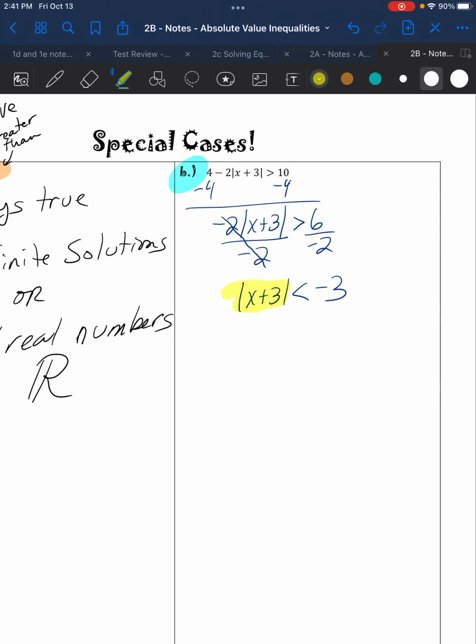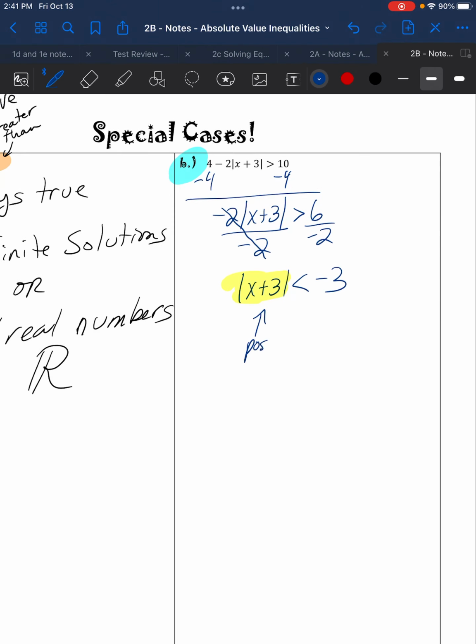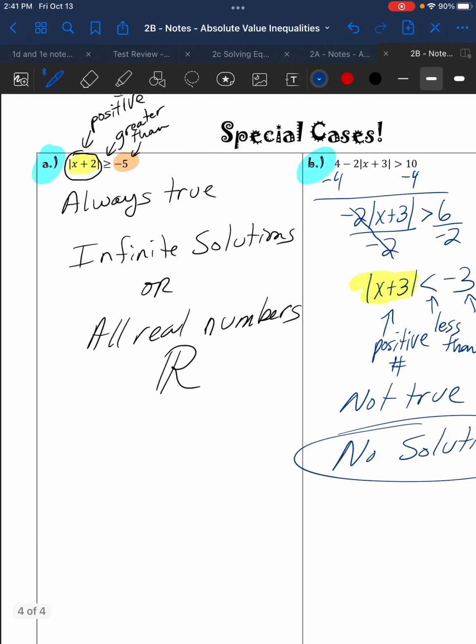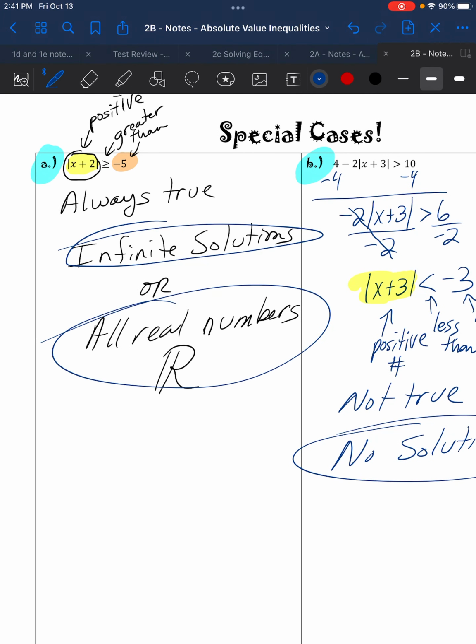Now let's take a look at this. So the absolute value of x plus 3, remember, that's always going to be a positive number that comes out of it. No matter what's inside, after you take the absolute value of it, it's going to be a positive number. Can a positive number be less than a negative? No, a positive number never can be less than, so that's not true. If it's not ever true, that's a no solution. So less than a negative number, when the absolute value is isolated, is always a no solution. Otherwise, it's infinite solutions, or you could say all real numbers if it is greater than